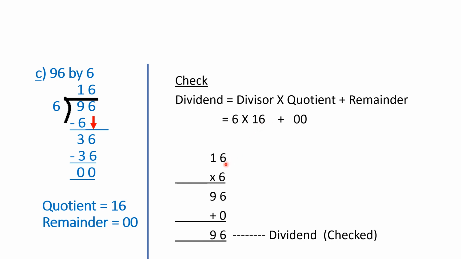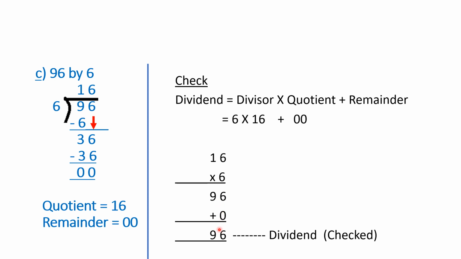Now you multiply here 16 and 6. 6 into 16. So you can write here 16 into 6 and then you can do here multiplication. Tell me 6 6 are 36. Write here 6. Carry 3. 6 ones are 6 plus 3, 9. So you are getting 96. Now this remainder 0 you add here. Remainder is 0. No. Look at here. Remainder is 0. So you add here 0. So 96 plus 0 is 96.